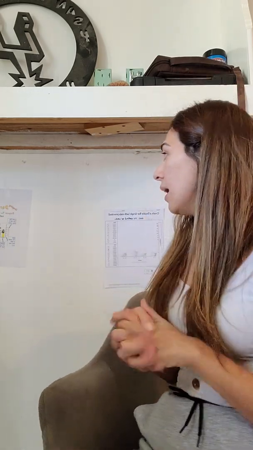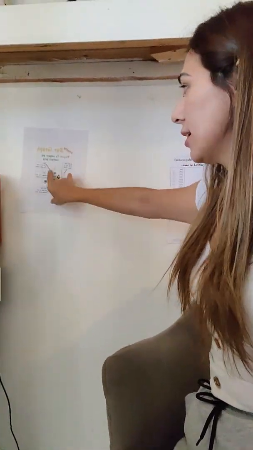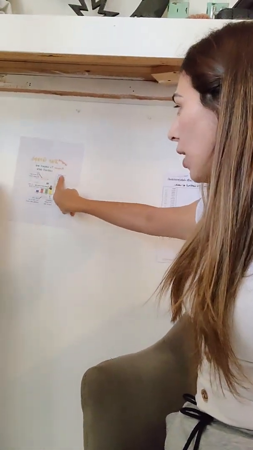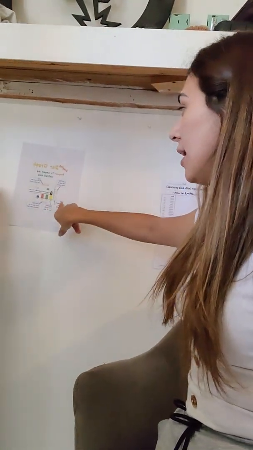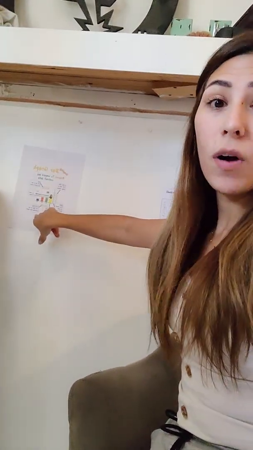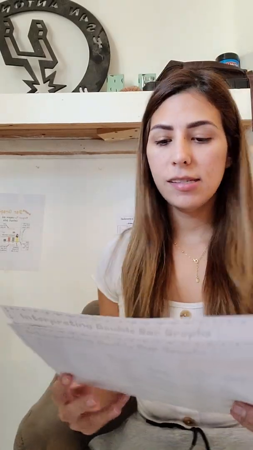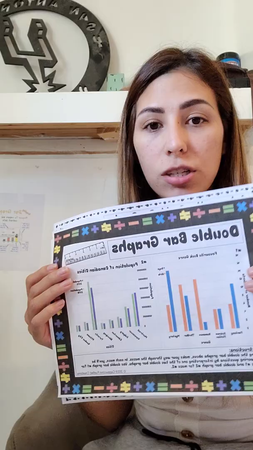And if we had the time, I would let them go around looking at each other's graph and data and analyzing, letting them have some talk about their graphs and the information that they got for each of their graphs. And then also the whole time I would have up this anchor chart for them. It's again just to make sure that they have all components of the graph, which would be the title, the y-axis, the x-axis, the category, the scale, and it also tells them why they need that information to do their graph. And then lastly, for their exit ticket, they would each get this picture of